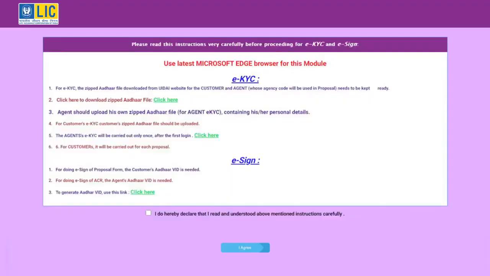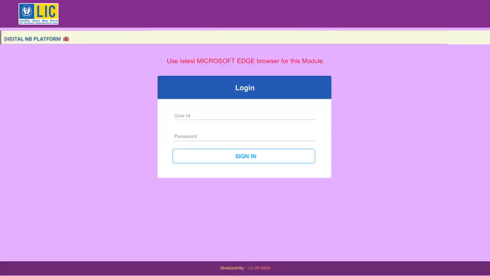So let's begin with the landing page of the module. This page has all the instructions relating to eKYC and e-signature. Before you proceed, please read the instructions carefully. First, generate the Aadhaar XML file for eKYC and then generate VID number for e-signature for both agent and the customer. After reading the instructions, click on the declaration and then click on I agree button and proceed to the